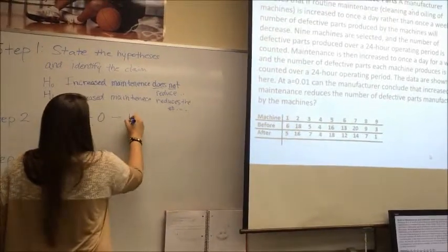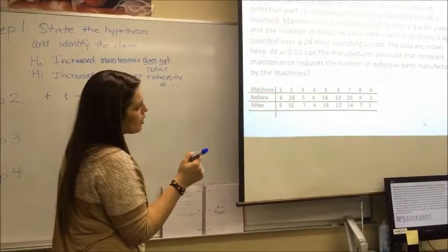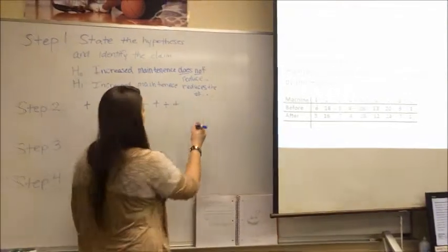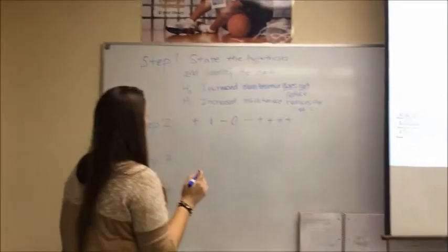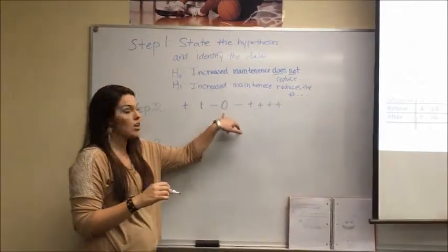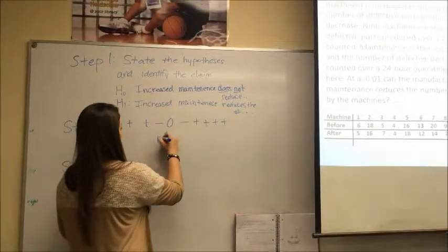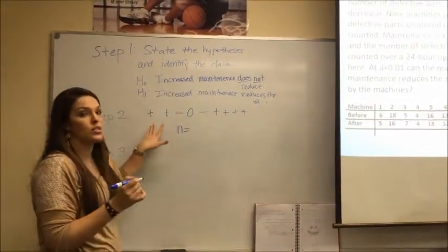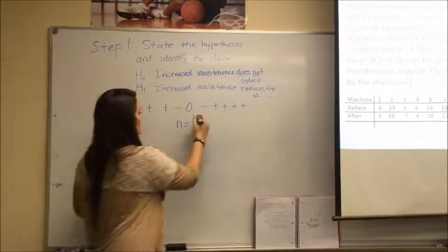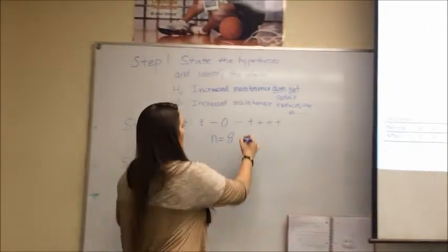12 from 13 is a positive. 14 from 20 is a positive. 7 from 9 is a positive. And 1 from 3 is a positive. So now we have all of our signs, and this time we do have 1 0. But we're going to kind of throw it out to get our sample size. So to get the sample size, you just count the signs. 1, 2, 3, 4, 5, 6, 7, 8. So our sample size is 8, and we are doing this at A